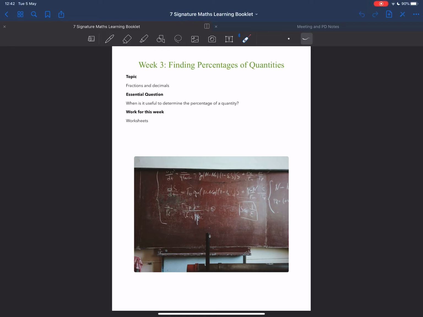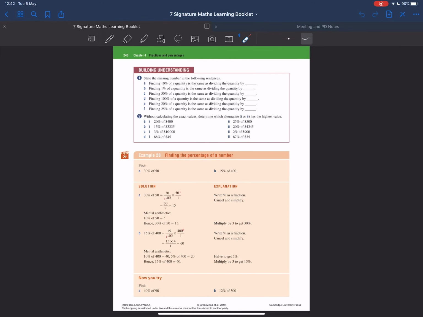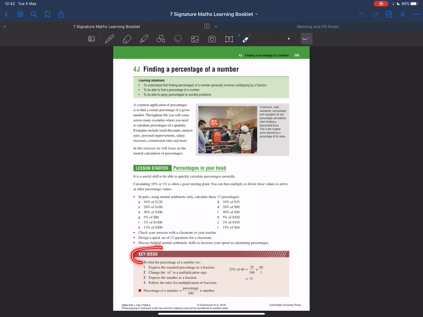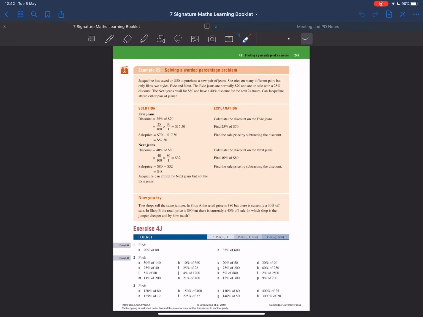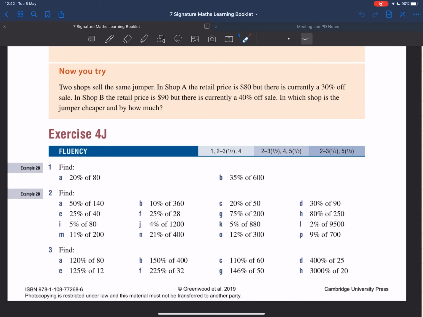This is week 3 now, and we are learning to find the percentage of a number or the percentage of a quantity. Just remember, the first few pages usually have key ideas and some examples. These examples will explicitly show you how to solve these types of questions if you're on your own. But in this video, I'm also going to show you how I do it in my own way. Starting with 4J,